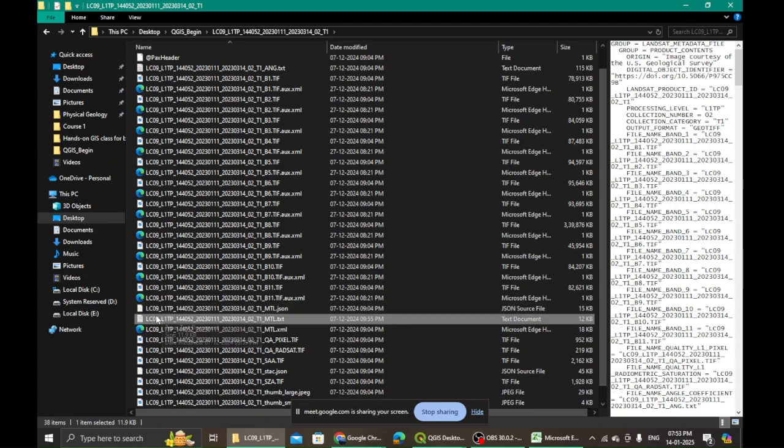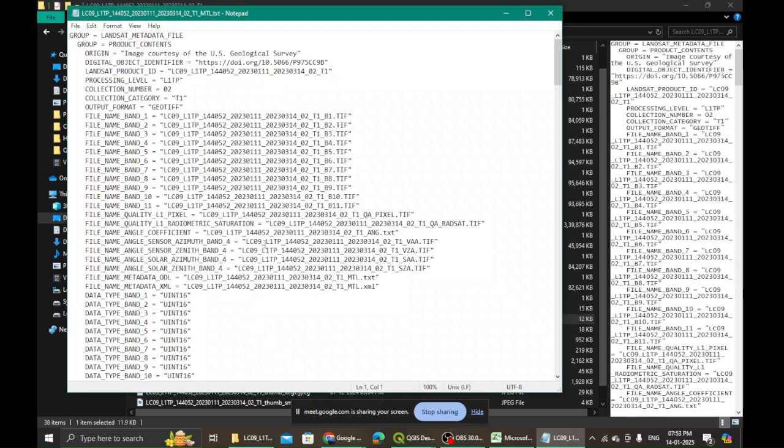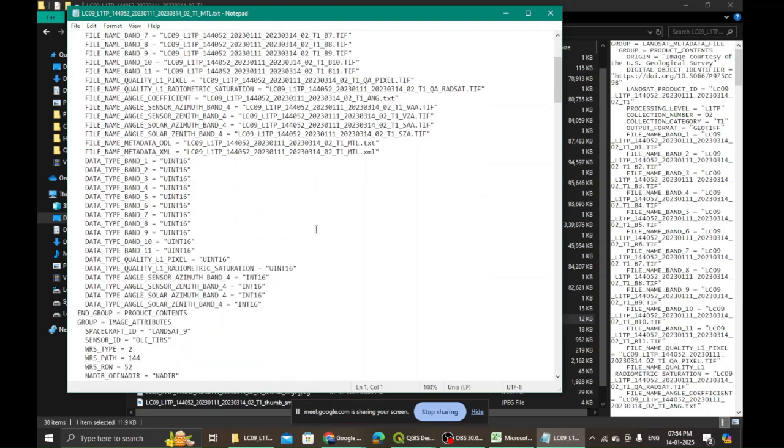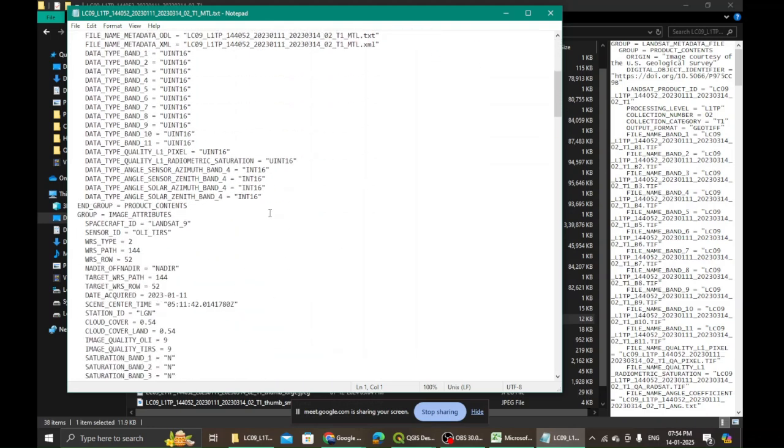Locate this particular file, the Landsat 9 level 1 product, and this is the metadata file MTL. I double click on it, it opens as a text file. Now this carries all the information pertaining to that specific satellite imagery that you have downloaded.